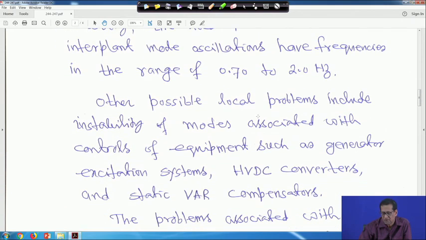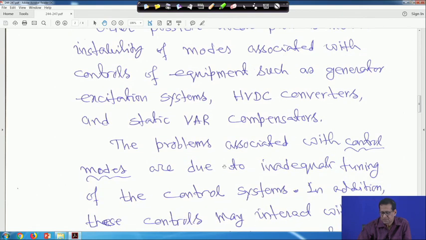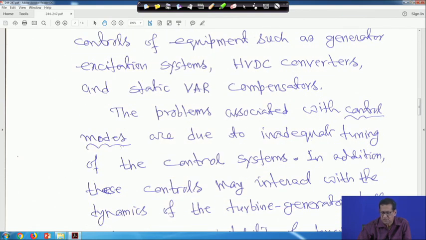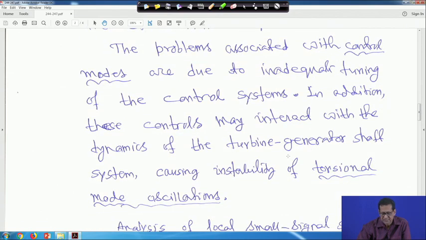Other possible local problems include instability of modes associated with controls of equipment such as generator excitation systems, HVDC converters and static var compensator, that is SVC, right. The problem associated with control modes is due to inadequate tuning of the control system. The control parameters have to be optimized, or proper tuning is necessary. In addition, these controls may interact with the dynamics of the turbine generator shaft system, causing instability of torsional